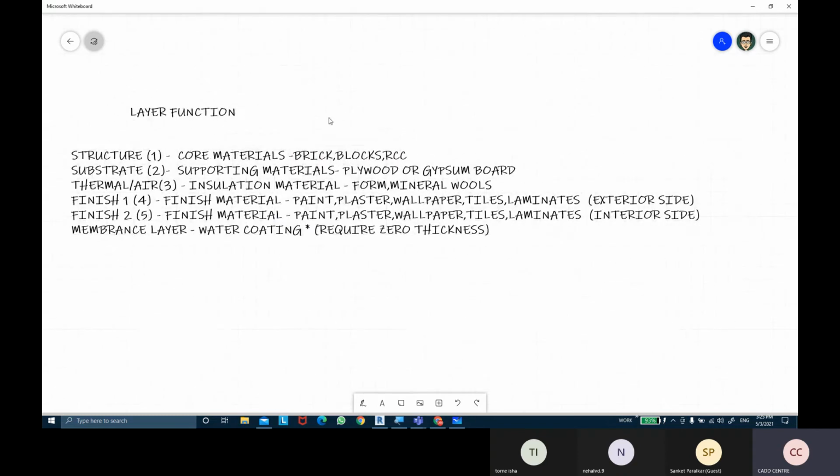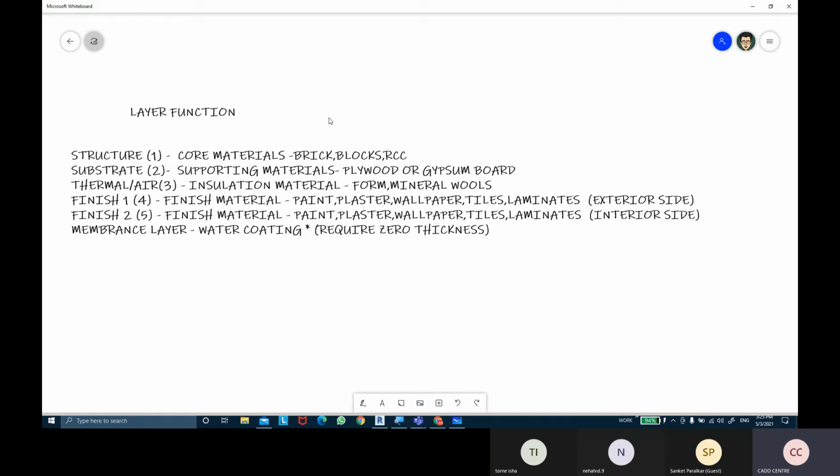So we have structure. When you're creating core materials, the function of that layer would be structure. If you're creating supporting material like plywood or gypsum board, the functionality of the layer would be substrate. If you're creating layers with insulating material, it will go into thermal and air.